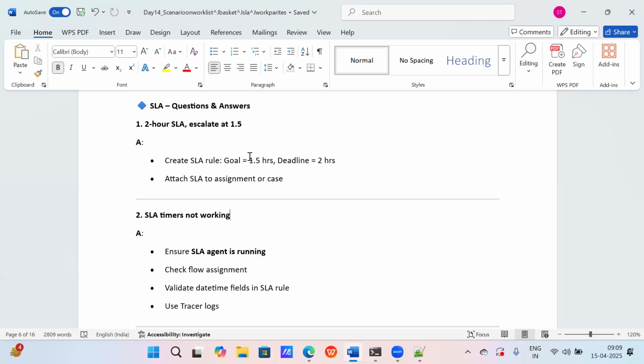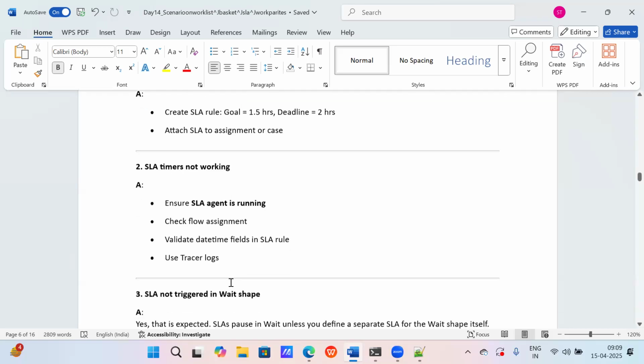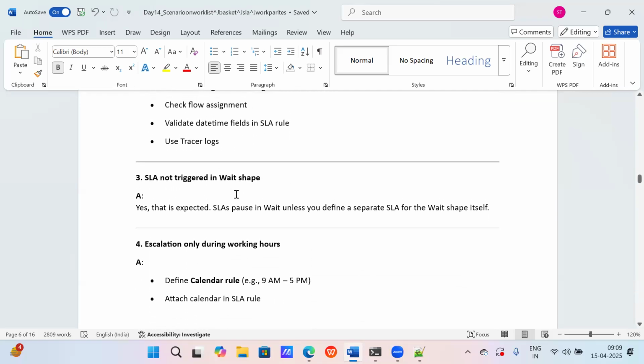It's very important. If someone asks you how to troubleshoot SLAs, the only thing you need to keep in mind is that I will go and check whether that agent is up and running. If that agent is up and running, I will trace that agent for the next SLA run. Then you will be able to find whether that SLA is getting picked or not. So check whether the agent is up and running, and trace using the Pega Procom agent. Am I clear? Then you need to understand the tracer. This is something very important.